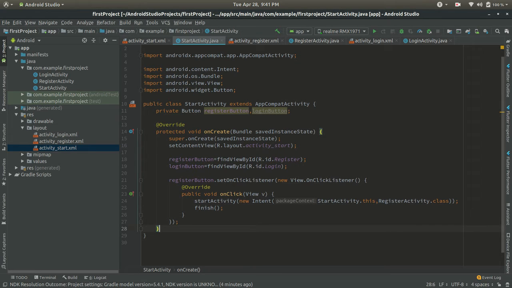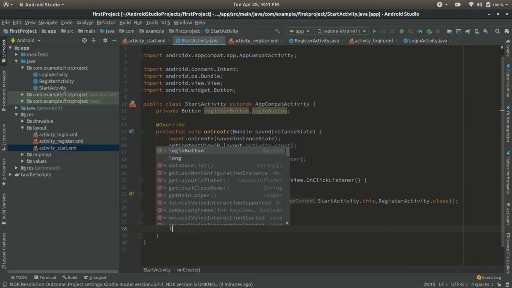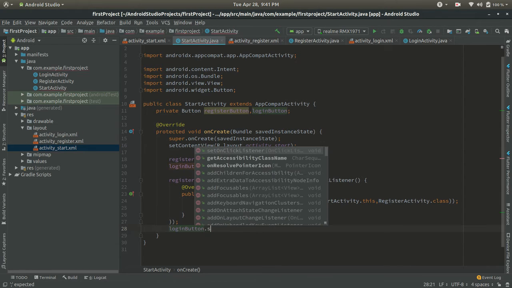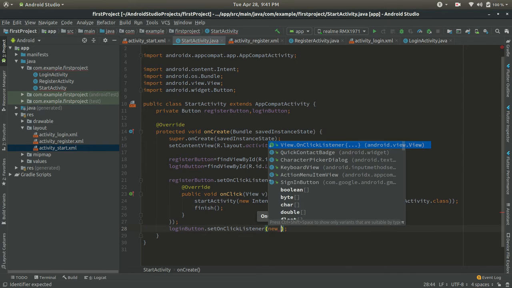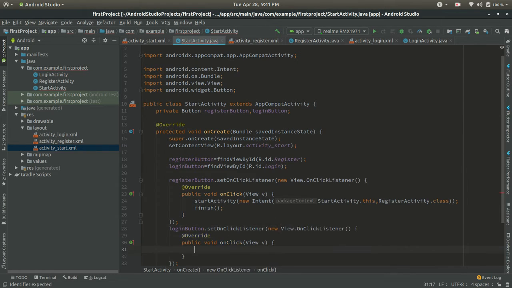Now we will create for login button dot setOnClickListener, new View.OnClickListener.